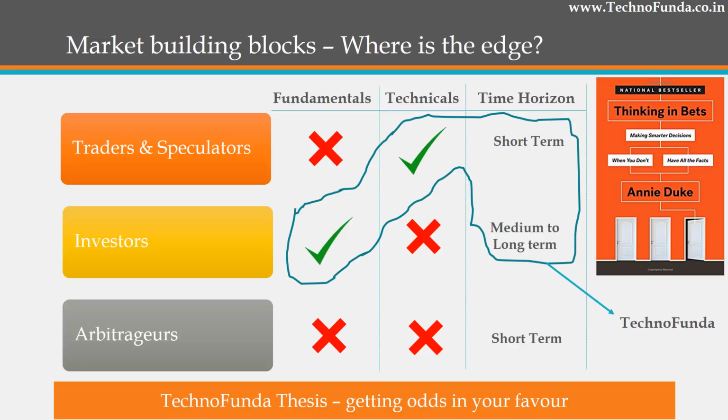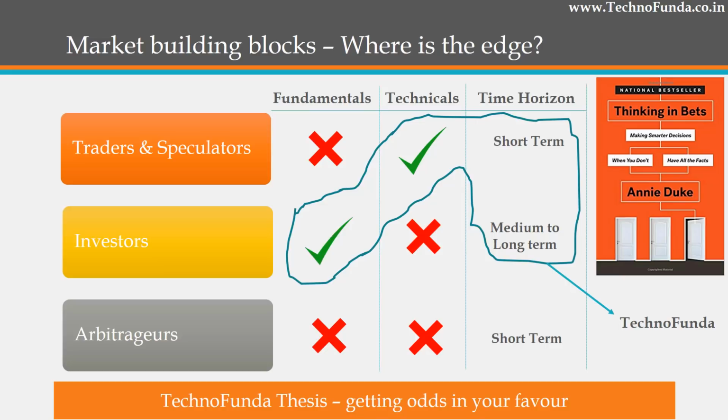Now, if you think about it, there are three kinds of participants in the market. First, traders and speculators who basically come daily into the market, speculate using their intuition or their methods, mainly technicals, and then bet for the short term. It could be intraday, it could be even for a very short period of time within minutes, or it could be a positional play for a few days or weeks.